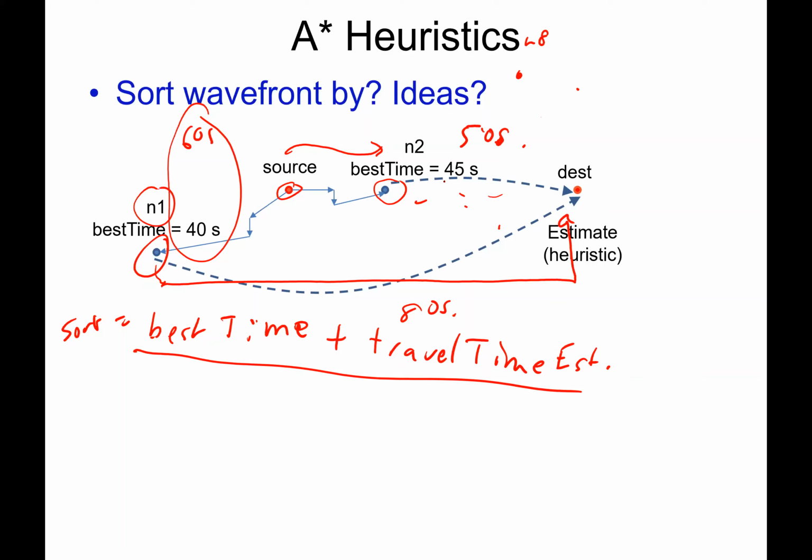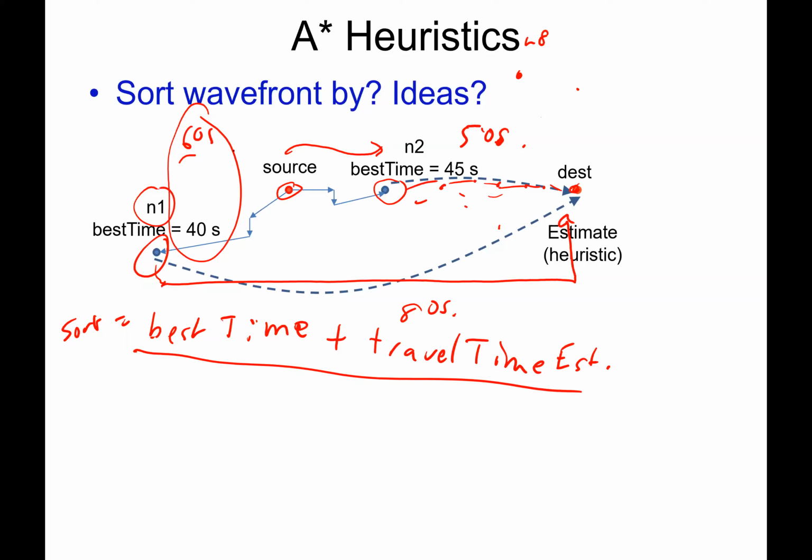And let's say that it turns out that we were basically right with our estimate. So we actually follow along a bunch of nodes, and the best time keeps going up, but the estimated future time keeps going down, and we just follow up. We keep pulling them off the wavefront. We go pretty directly to the destination. That's all good,